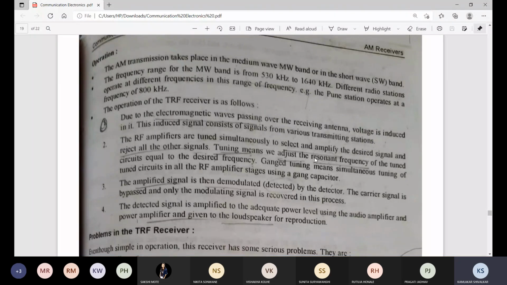So that frequency, the frequency which is to be generated for selection of a particular station, that frequency is called resonant frequency. And that resonant frequency is exactly equal to the carrier frequency. But carrier frequency is different and resonant frequency is different. Resonant frequency कुठे जनरेट होईल? तुमचे जे ऑसिलेटर स्टेज आहे, oscillator stage at the receiving antenna. रिसिव्हिंग अँटेनाचे जे ऑसिलेटर स्टेज असेल किंवा फर्स्ट एम्प्लिफायर RF1 किंवा first stage of the RF म्हणले आपण, त्या RF